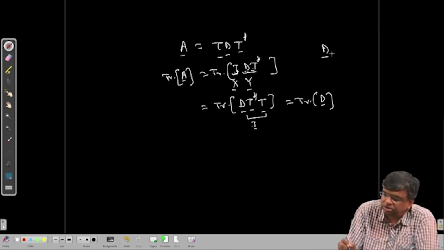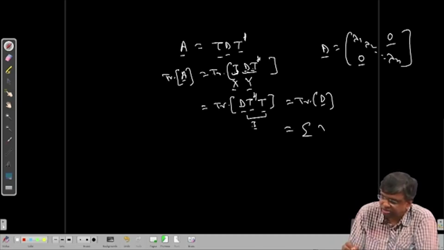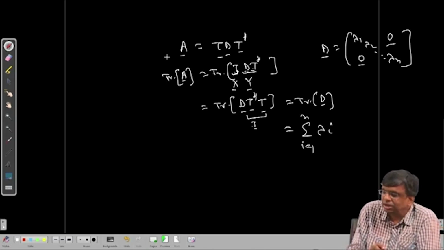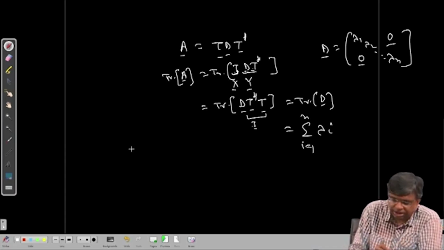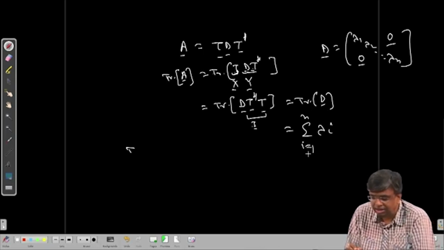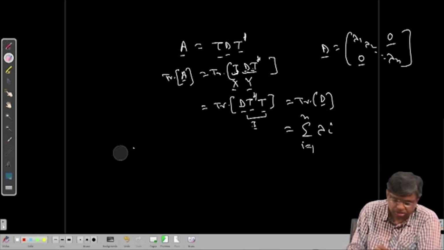What was D? D was a diagonal matrix with these eigenvalues of A, other elements are 0. So, trace is just the summation of the eigenvalues. And remember, eigenvalues are real. So, if A is Hermitian, this is another property, its trace is the summation of the eigenvalues and therefore, trace is real. Okay. Trace of A is this, the summation of the eigenvalues. All right. So, I stop here today,